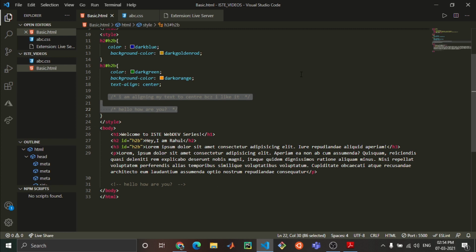So till now, what we have learned is what CSS is, what the need of CSS is, we have seen the daily life car example, types of CSS: inline, internal, external, syntax of CSS, selectors, group selector, all selector, class selector, ID selector, and at last we have seen comments.